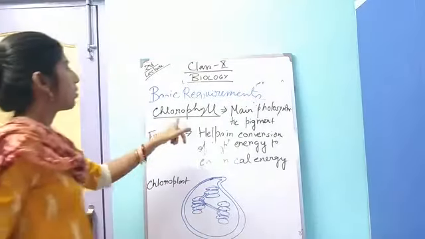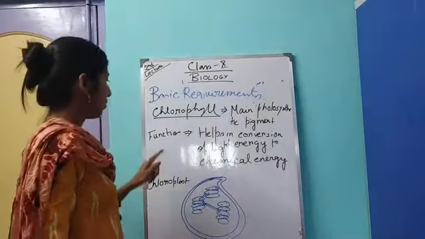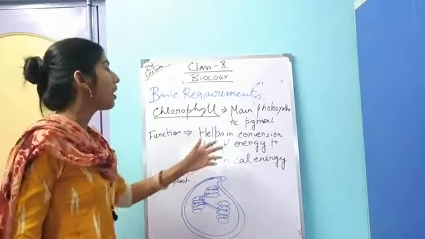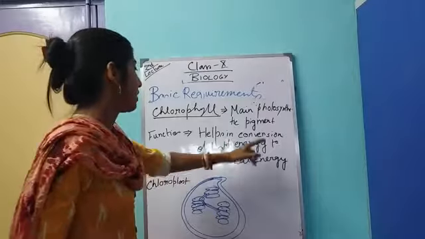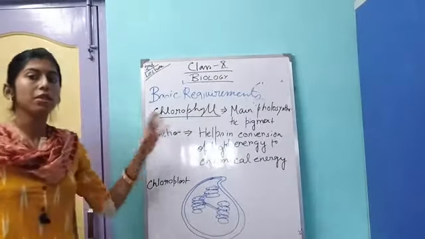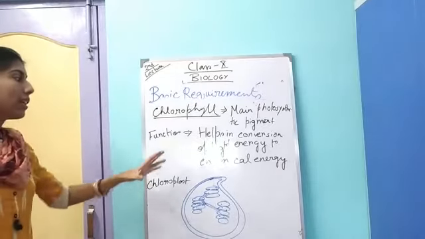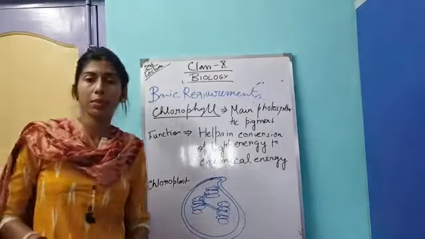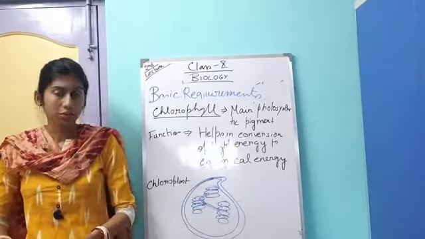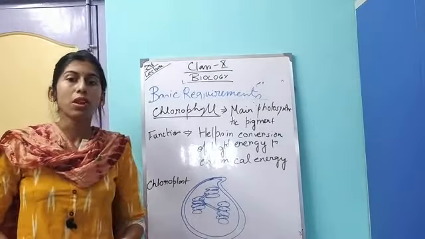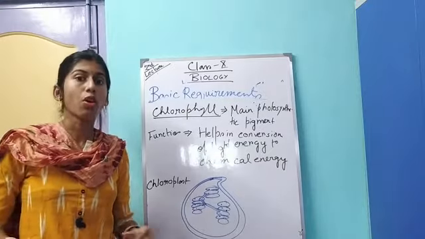So what is chlorophyll? Chlorophyll is a main photosynthetic pigment, and what is the function of chlorophyll? It helps to trap the solar energy and helps in conversion of light energy into chemical energy. This is the main function of chlorophyll. And there are two more photosynthetic pigments, that is xanthophyll and carotene. What is the function of these two? These two help in the absorption of